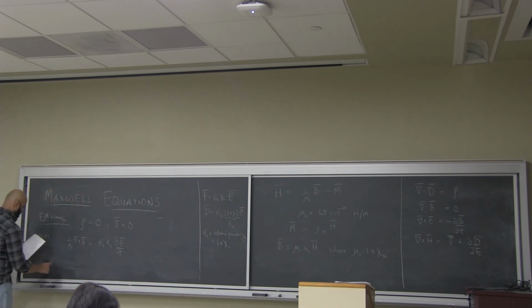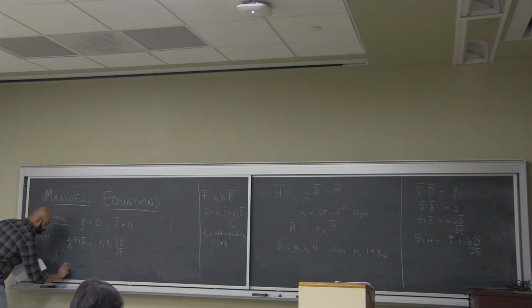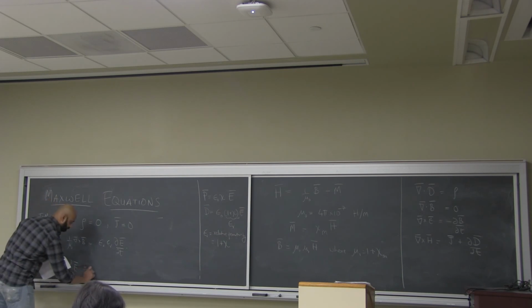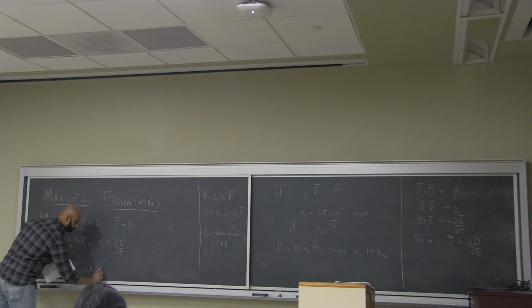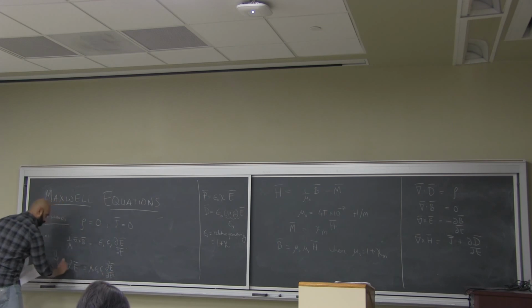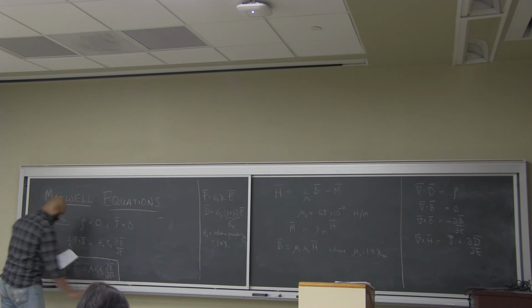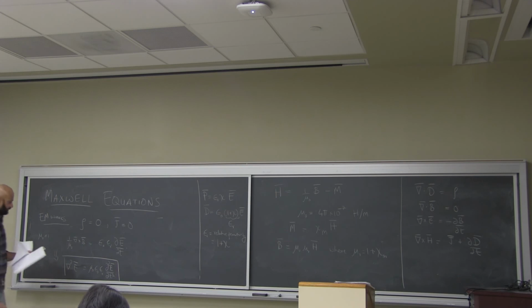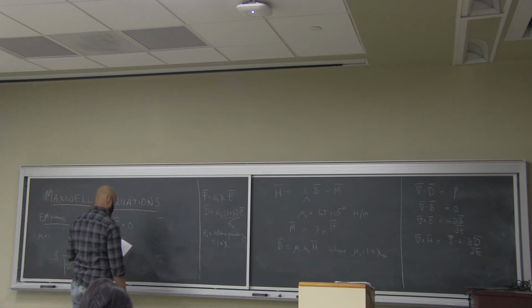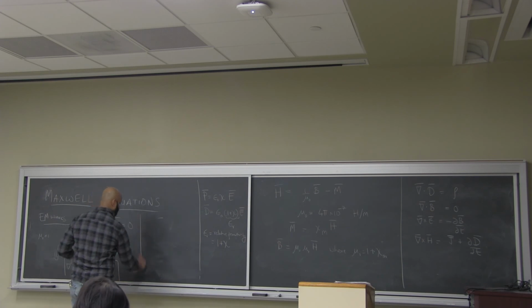Okay, I'm going to just skip all of those steps. You've all seen this many times. All of this implies for E, you get the wave equation. And similarly, you can derive the equation for B as well, which is going to be exactly the same. Okay? And this gives us electromagnetic waves,